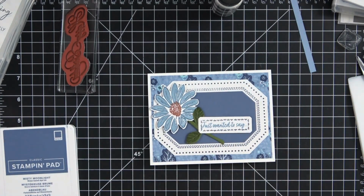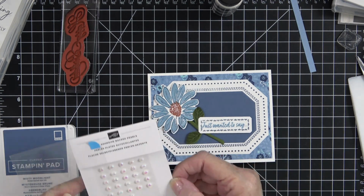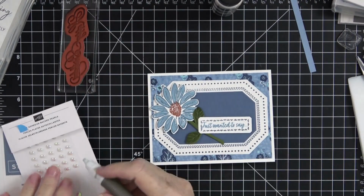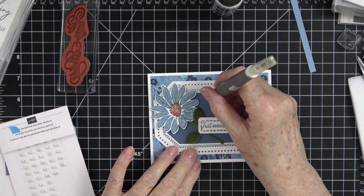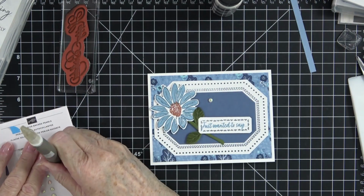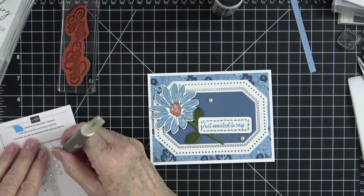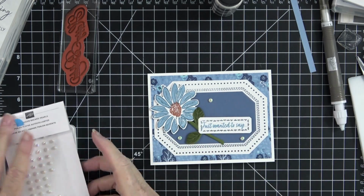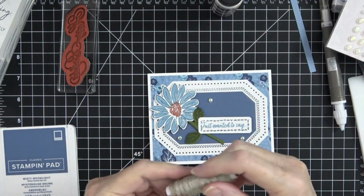Now I want to do a little something on the outside, so I am going to use the flat adhesive back pearls. I love these. I think they're gorgeous. So I'm going to grab my Take Your Pick tool, and I'm going to take one, two, and three. I also want to give it the look of a bow, so I'm going to take some linen